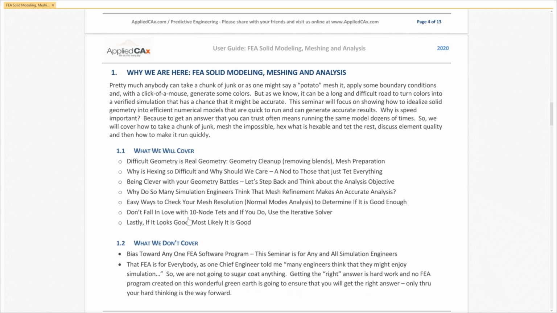And on the outline, what are we going to cover? We're going to talk about how we mesh complicated geometry. This is not a demo. It's how we do it for simulation projects, and also some of our tips and tricks, how we approach hexing